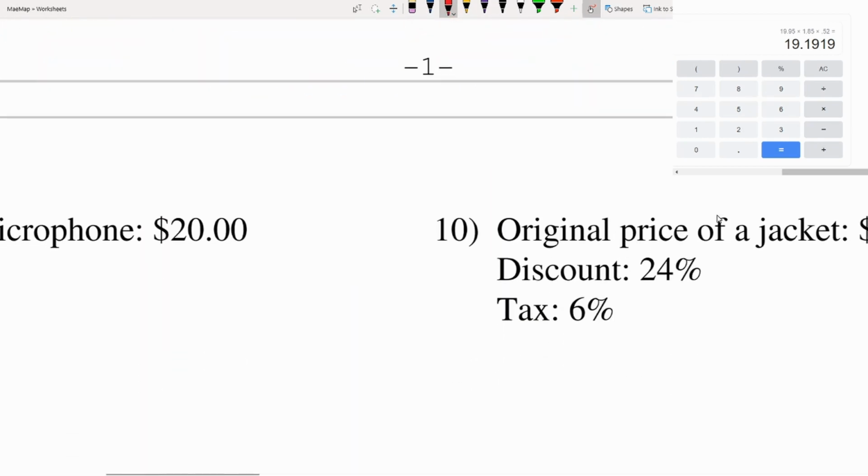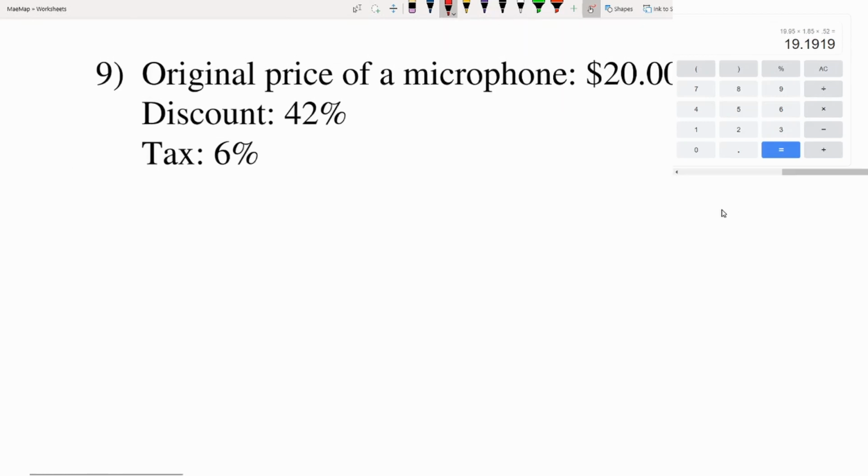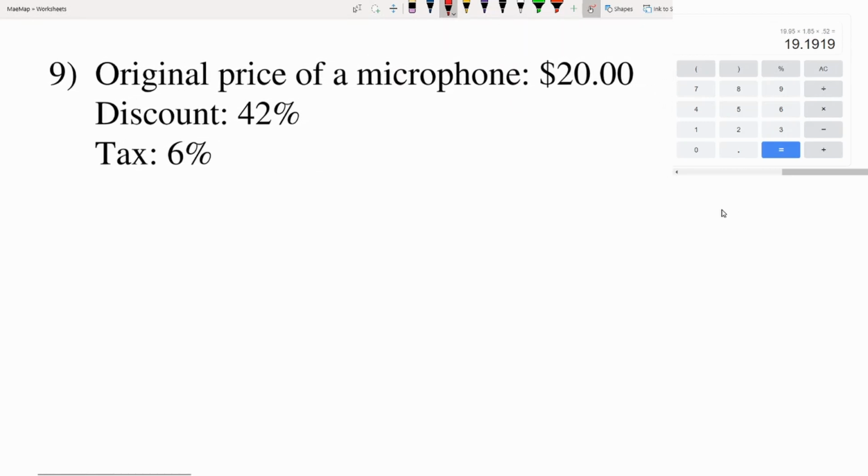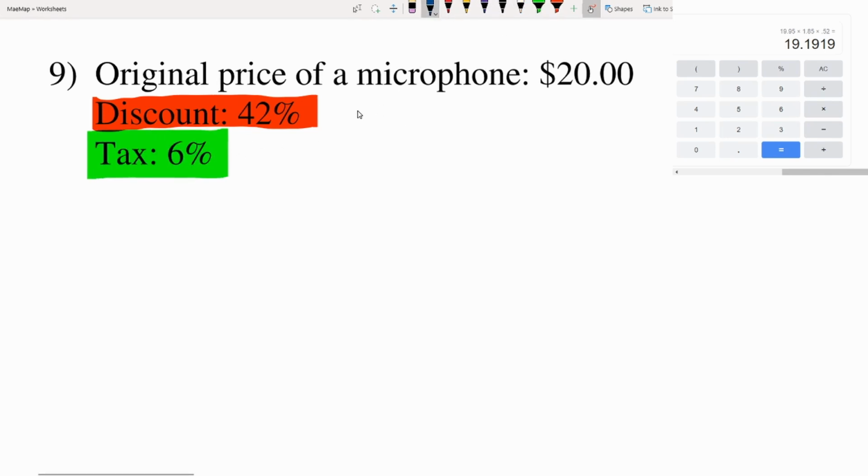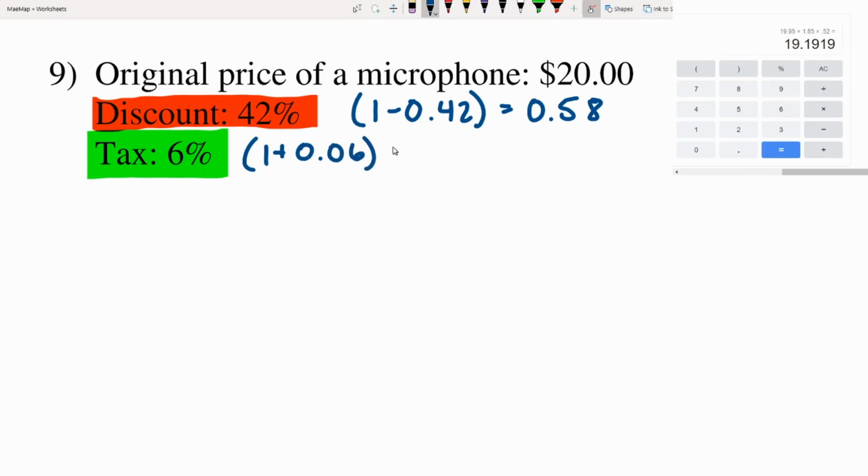Now, moving on to that next page. So now we're doing a different combination. We're doing a discount and a tax, but we're going to go about this the same way. We have that discount of 42%, and then tax increases that price. So our discount, remember, we're taking 1 and subtracting that decimal. So 1 minus 0.42 is going to leave us with 0.58. So that gets multiplied to the purchase price, and then that new price will get multiplied by 1 plus 0.06,